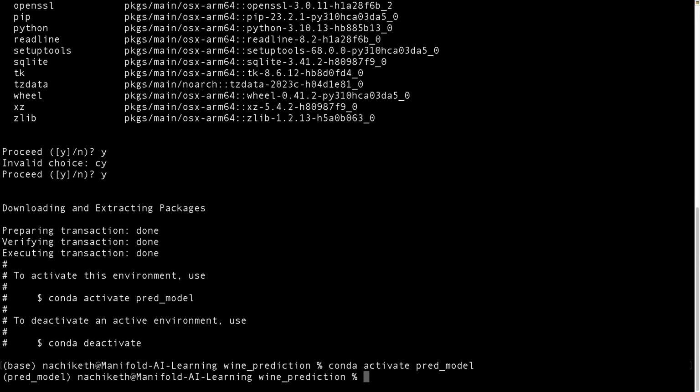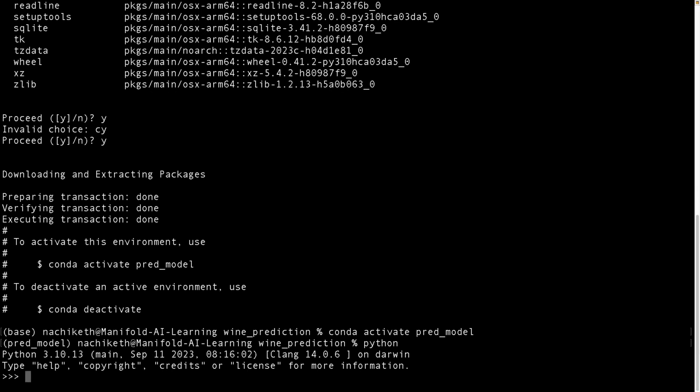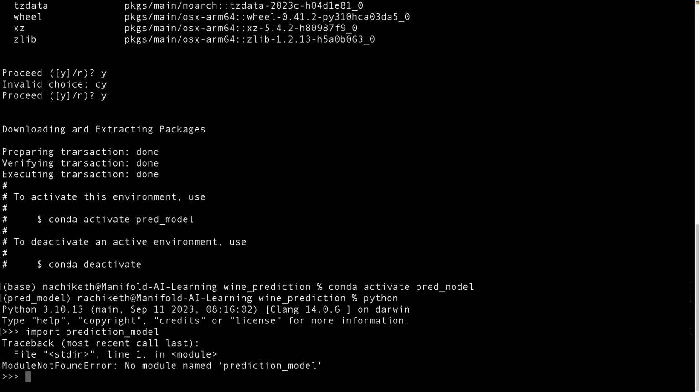Now I'll show you one thing. Inside this environment, if I now say python and import prediction_model, it says there's no module named prediction_model. Now what I'm going to do,